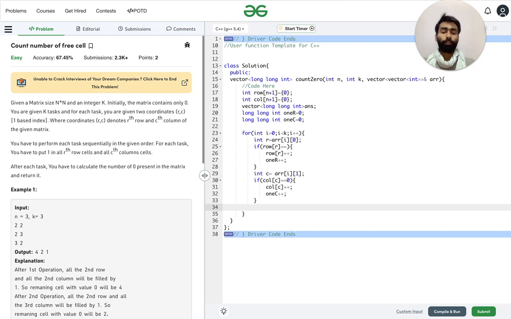Now we need to add the number of zeros left in the matrix to this answer array.